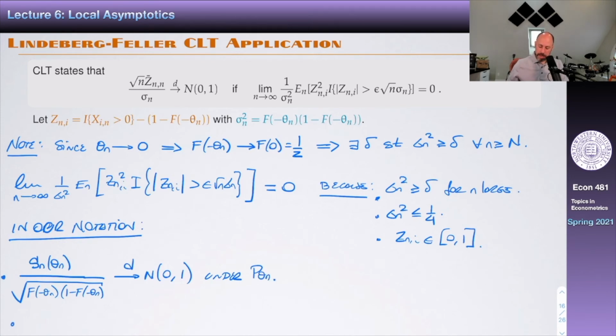But in fact, what happens is that 2 times Sn(theta n) also converges in distribution to a normal 0, 1 under p theta n,